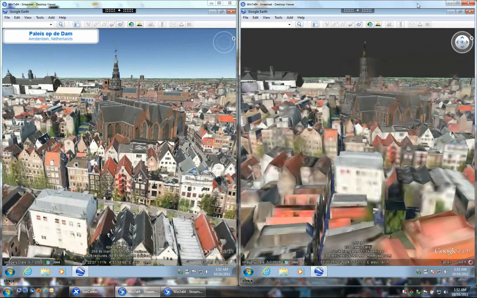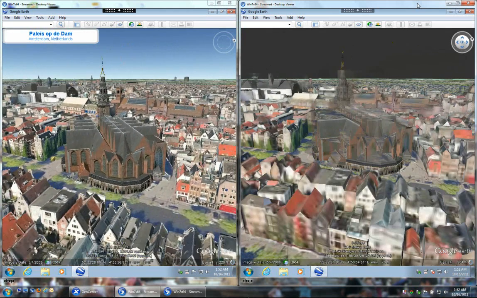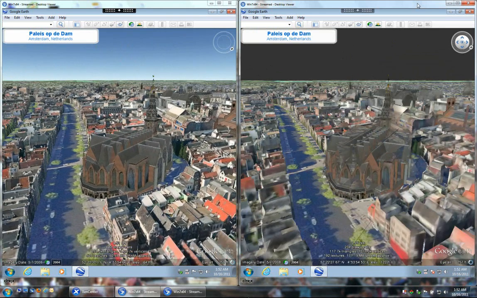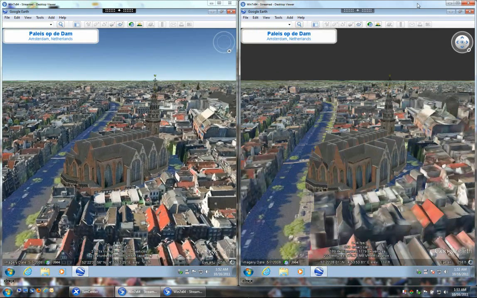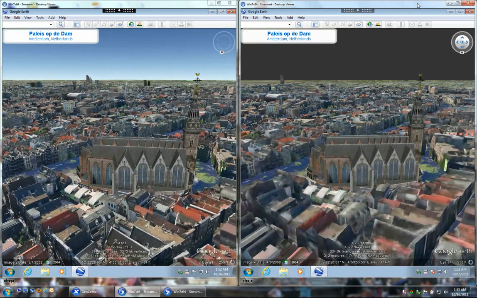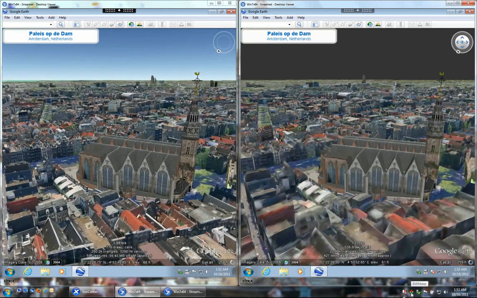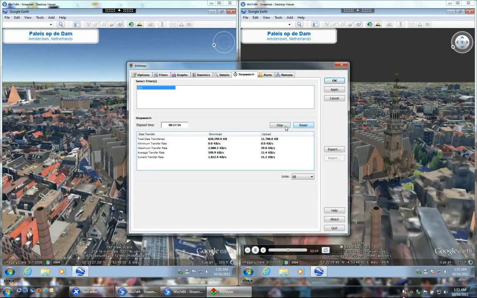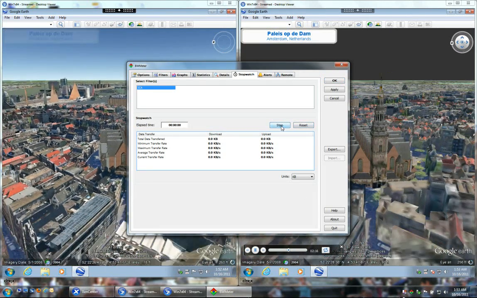As far as connectivity into these virtual machines from a bandwidth perspective, I am running on a LAN, so these machines are LAN connected, and the laptop that I have is plugged into a gigabit switch. I do have a copy of Bandwidth Meter here running, so you can just get an idea of what kind of bandwidth is being consumed. So if I just start that up,